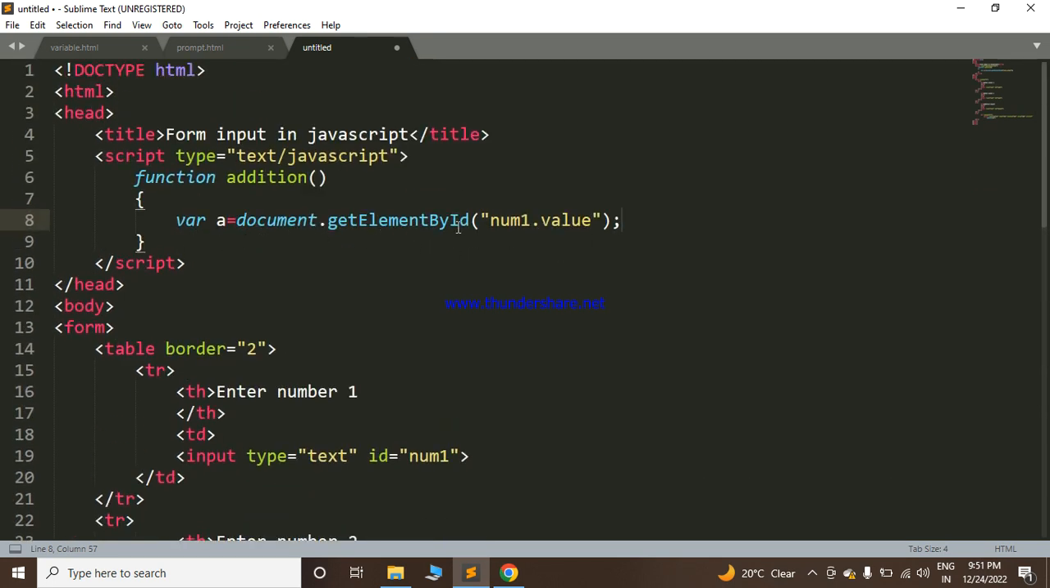variable a document dot get element by id number one dot value. So number one dot value and that should be parseInt. So parseInt, what does it mean? parseInt means the value was given in string. The value was given in string, understood? With parseInt I converted it to a number, an integer. parseInt means that will be an integer number. So I stored the first number in it, again